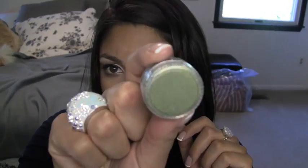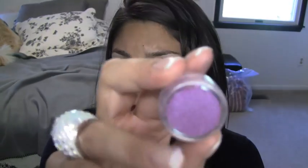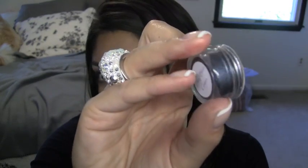I have Golden Olive, Golden Lemon, which is a bright yellow, Mutiny, which I already have in a full size, Chartreuse, which is a really light green, Pink Pearl, which I think came out with Heatherette, Kitschmas, which is a lot like Milk from Hello Kitty, Grape, which is a deep purple, Deep Blue Green, which is like an obvious blue green, but it has some brown undertones. It's really pretty. Violet,